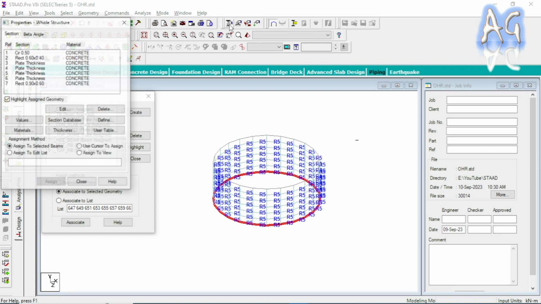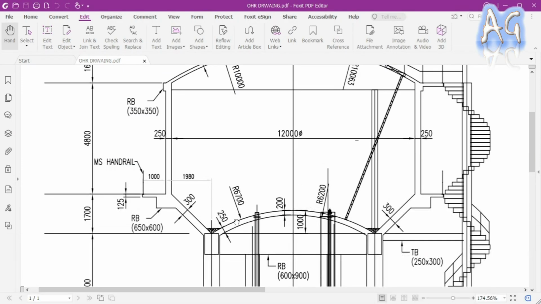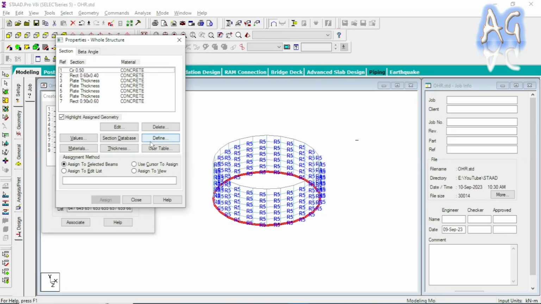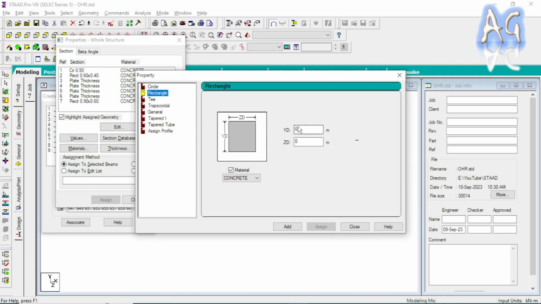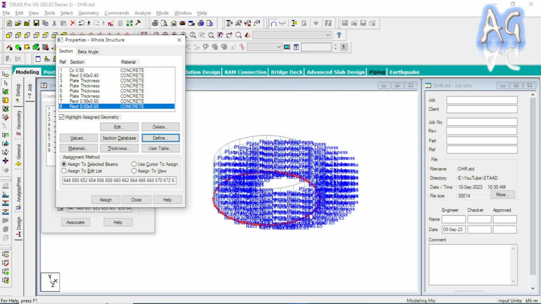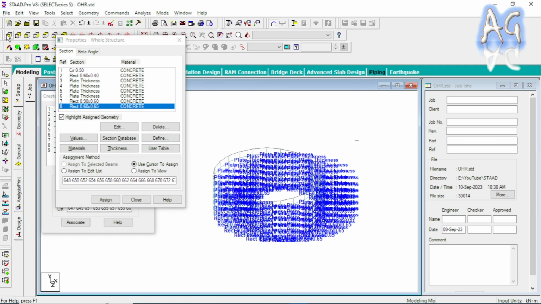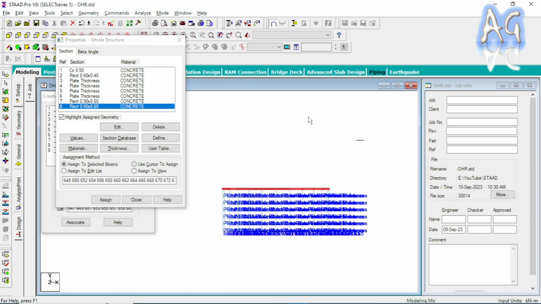Just click on this property page, and in the drawing here you can see the bottom ring beam property is given, which is depth 600 and width 650. So here this depth will be 600 millimeter and width will be 650 millimeter. I've just provided that, and for the top ring beam